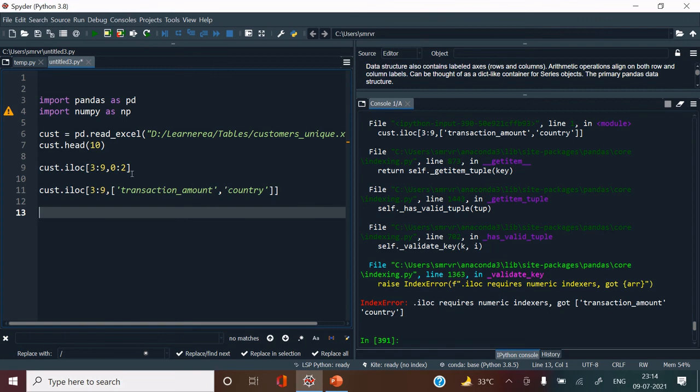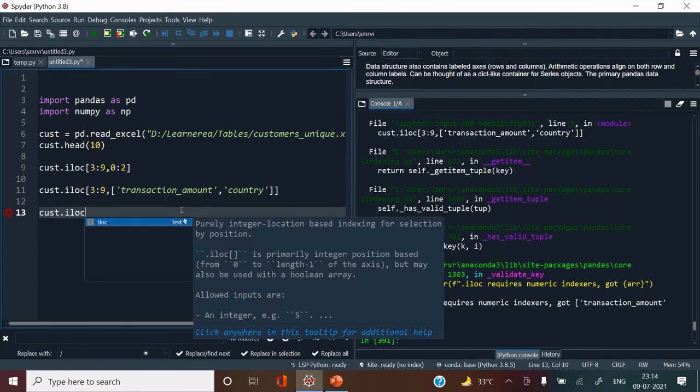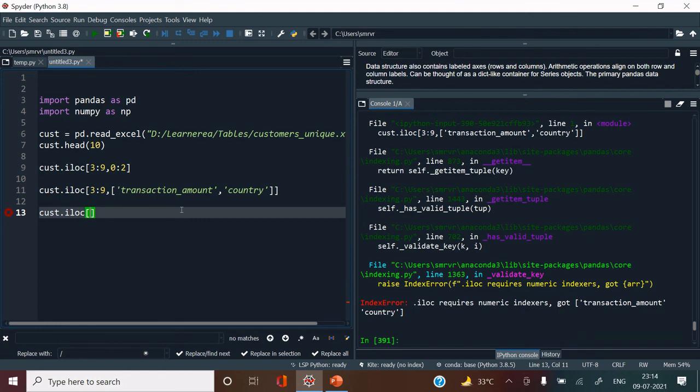Here iloc requires numeric indexers, so that's not gonna work over here. So to conclude, in iloc you can only make the selection using integers, no boolean, no listing of column labels. But let's try to see if we can put the list of integers. Here we just gonna say list of rows like 2nd, 4th, 7th, and then we gonna say list of columns but in the form of integers like 2nd and 3rd.